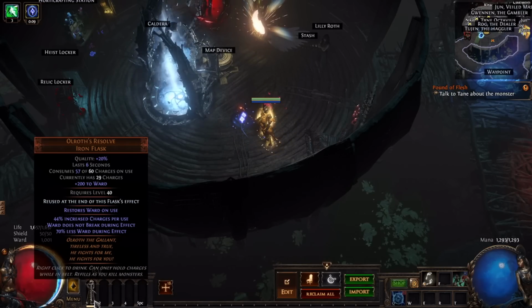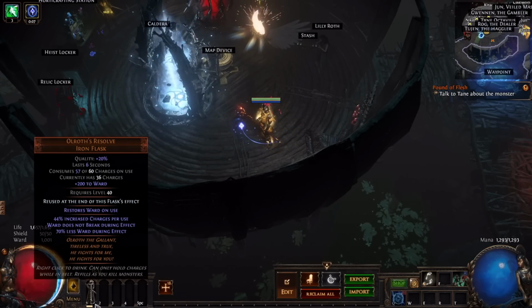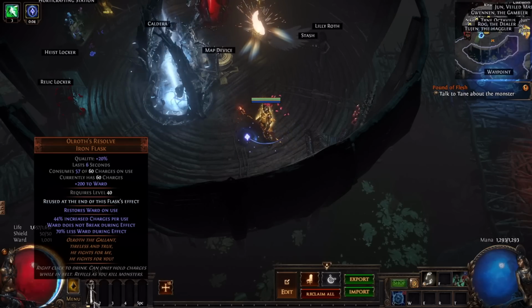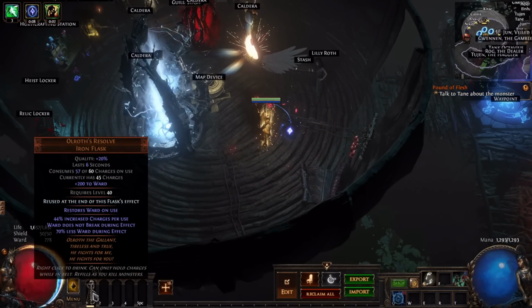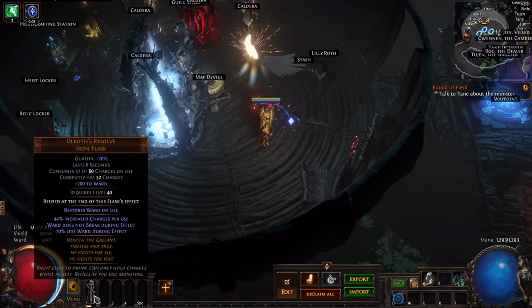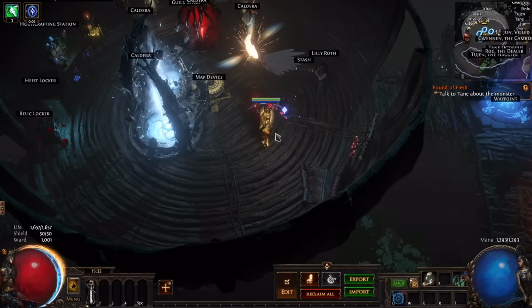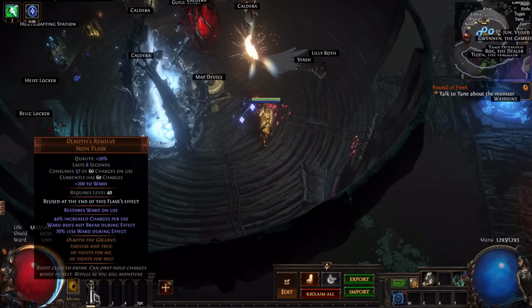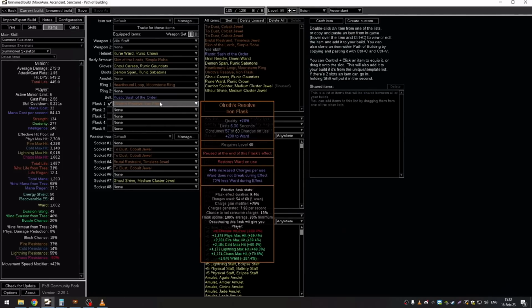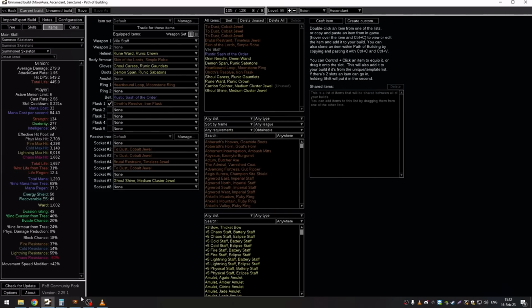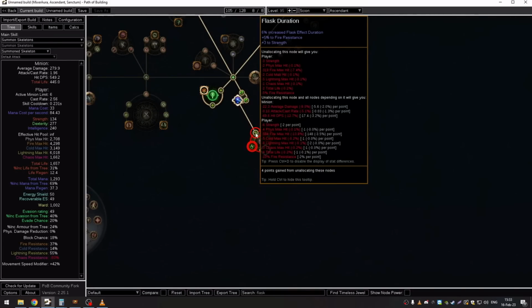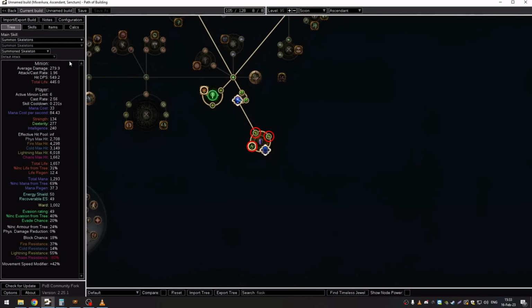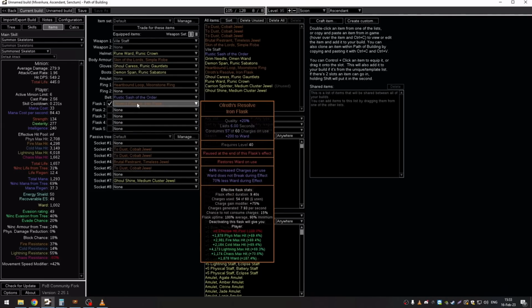Here we survived. Let's see again. We survived. So we have a 10% chance to die. If you're doing longer boss fights or Sanctum, you want this minimum flask uptime to be 100%. So you need to invest more into this cluster with flask effect duration, so you have 100% uptime on your flask.